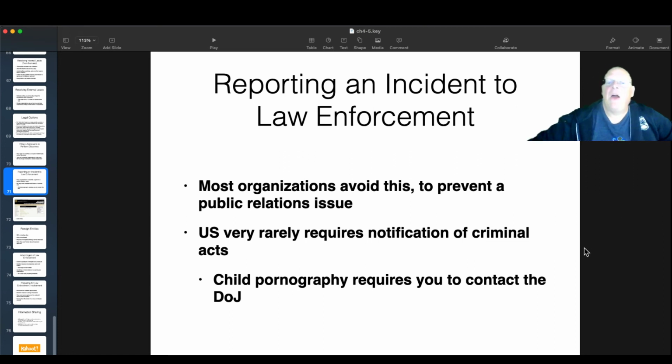But that's the game. Now, of course, if you find child pornography, then you are required to contact the task force just for that. The innocent images or something. There's a special part of the FBI you have to report it to, which, as I mentioned in the news, unfortunately, they've been ignoring a lot of child abuse problems that they should have been dealing with. But anyway, you have to get it out of your hands. You have to report it. If you don't report it and get that stuff off your servers,